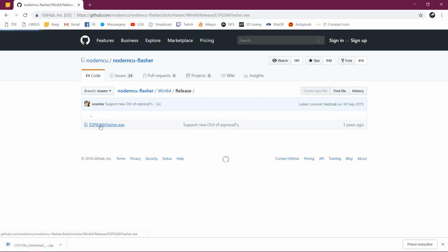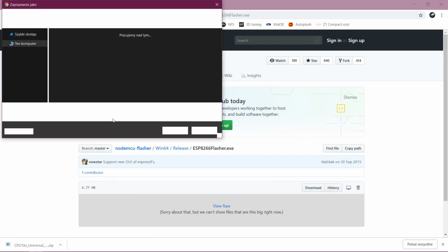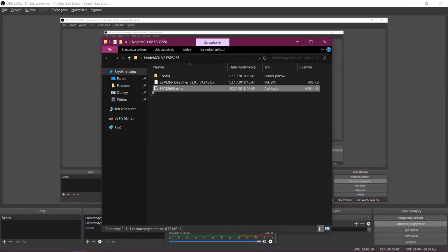Just click on it, click download, and it will begin downloading. Okay, once you've downloaded all the files, go to the folder you've saved all the files in, open ESP Flasher, wait for it to load, okay,